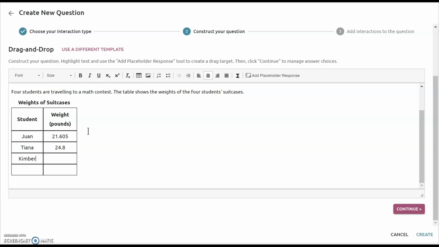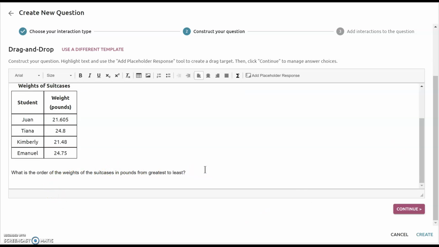So I'm just going to type it in. 21.48. And our last one is Emmanuel at 24.75. And I somehow spelled his name wrong. Let's try that again. There we go. Then at the bottom, our last part of the question,